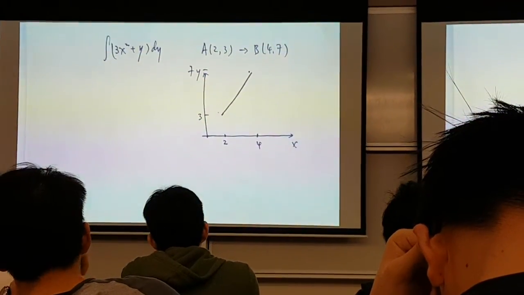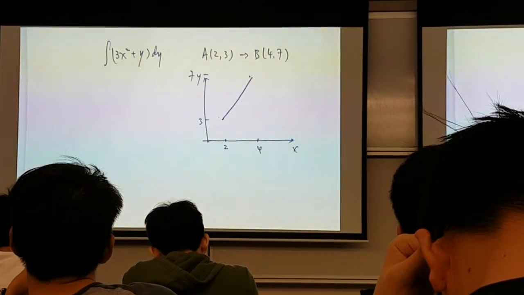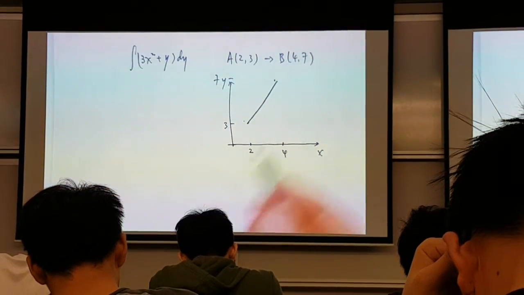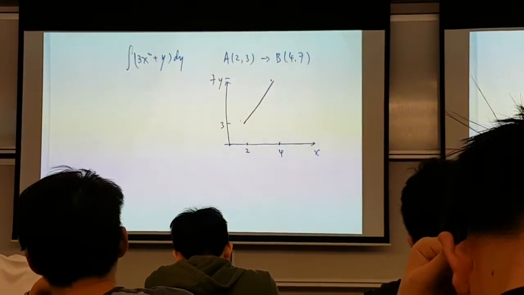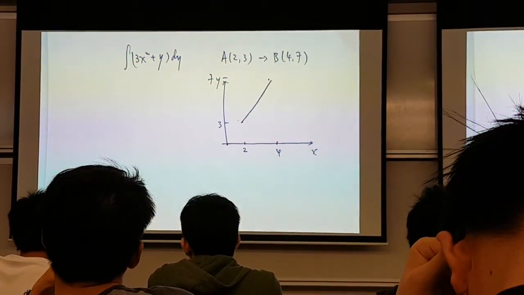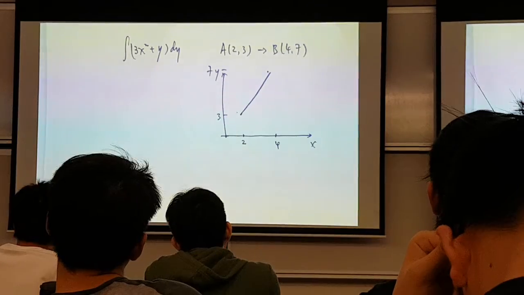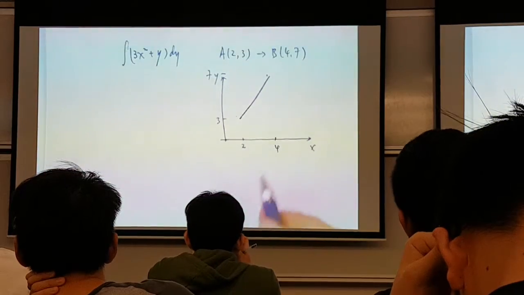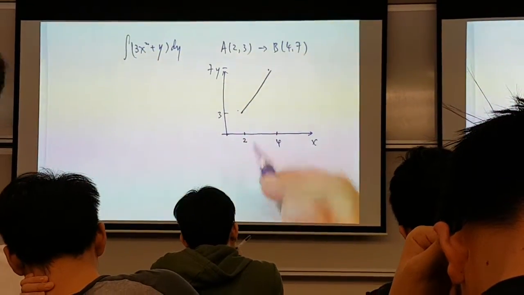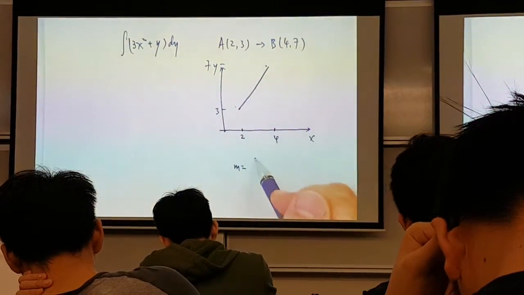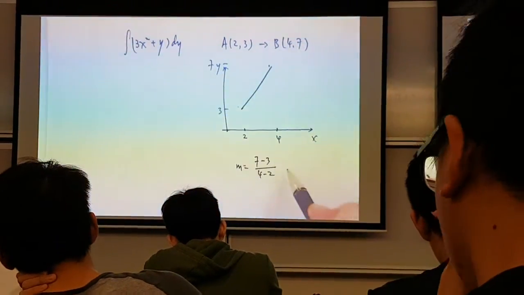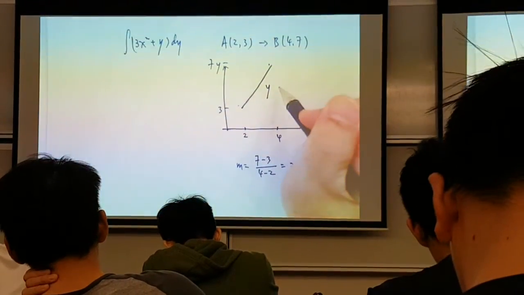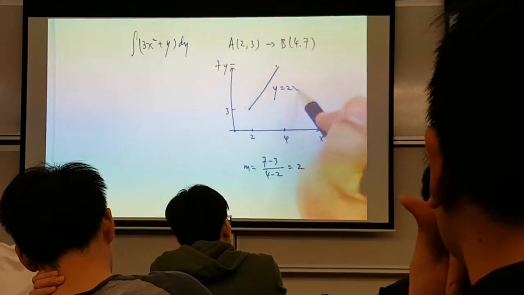Okay, so this one, you can actually try it out. This will maybe be an easier one for us to try. But nonetheless, what happened here is you're given this path, this contour that we need to integrate, starting from (2, 3) to (4, 7). And what we need to do is work out the relationship for this straight line. Based on the relationship given, we know the gradient is going to be 7 minus 3 divided by 4 minus 2. So this will give us 2. As a result, this relationship is going to be y equal to 2x